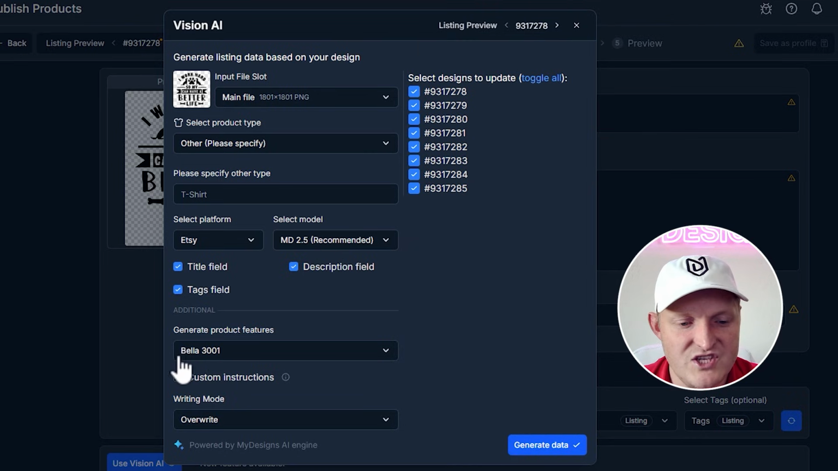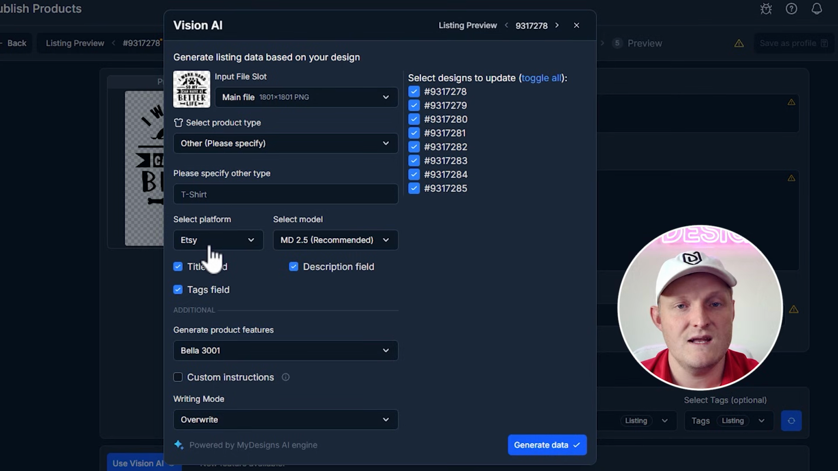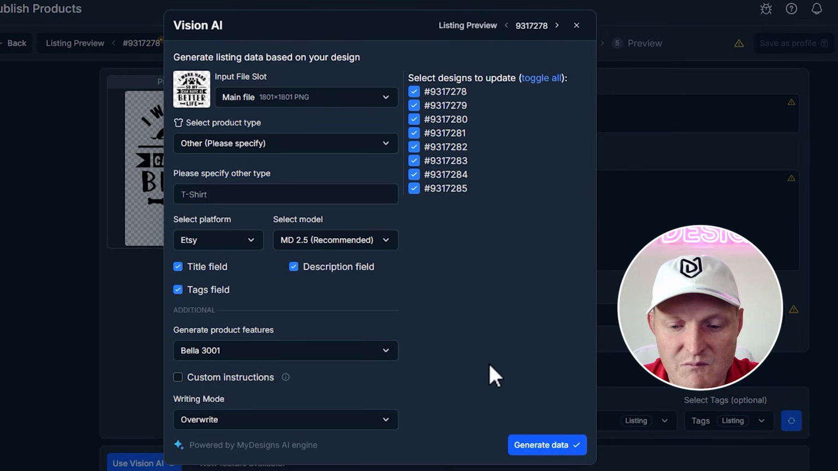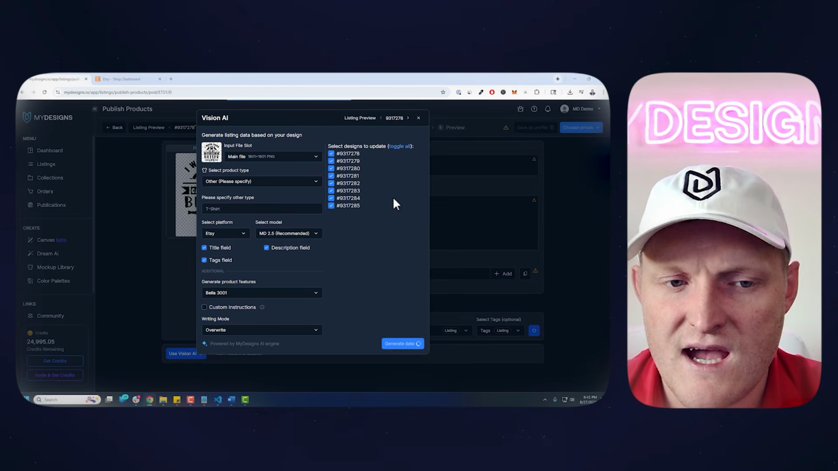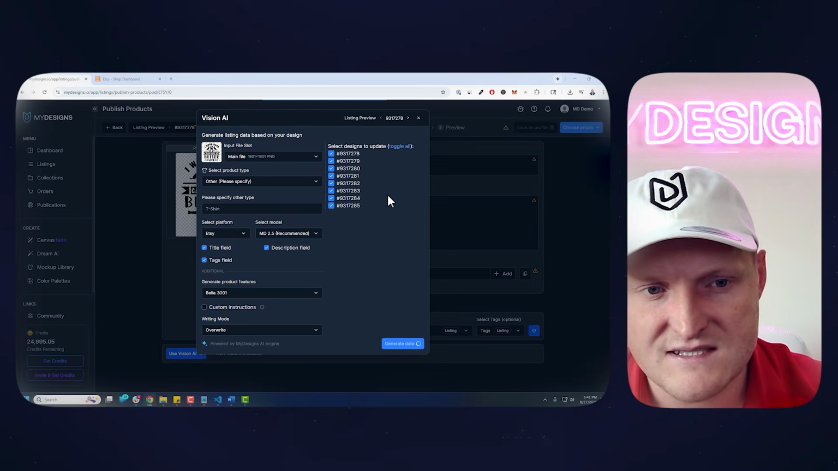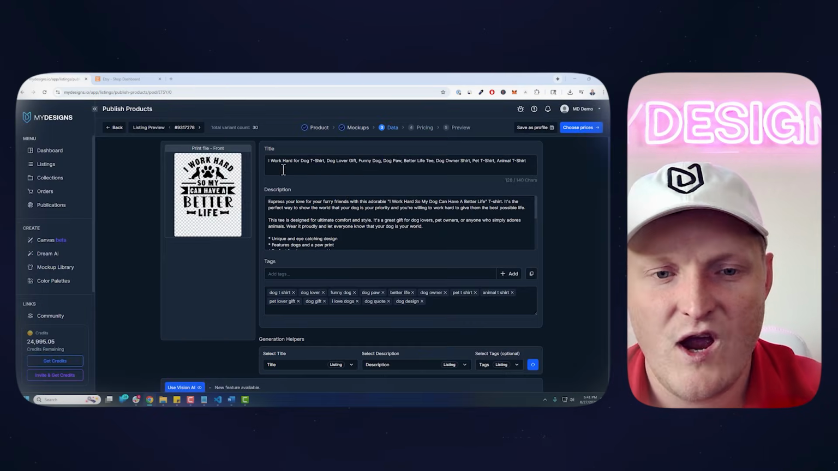But it's going to automatically generate the product features. And it's specifically because I'm publishing to Etsy. Vision AI will actually scan my design. It understands that we're selling a t-shirt, and it's going to write SEO optimized titles, descriptions, and tags for us in bulk. So let's click generate data. Everything else is good here. And say yes, run Vision AI. So this is usually really fast. It's going to scan all 8 of those designs because we have 8 of them and write our titles, descriptions,